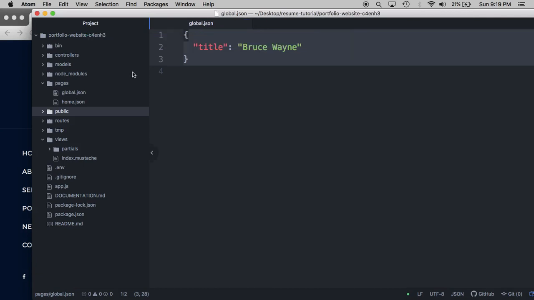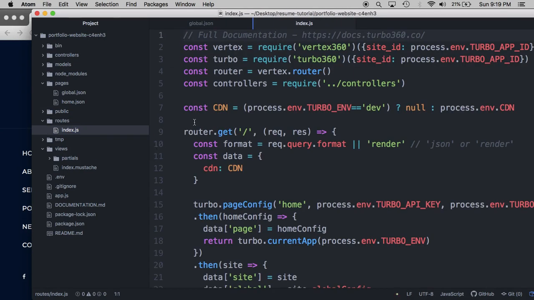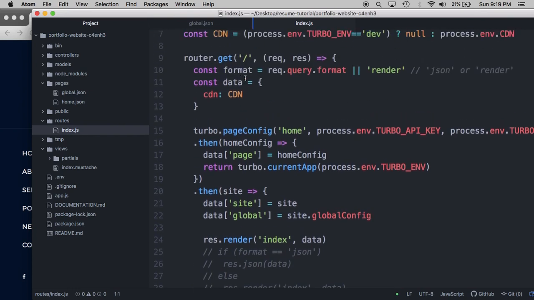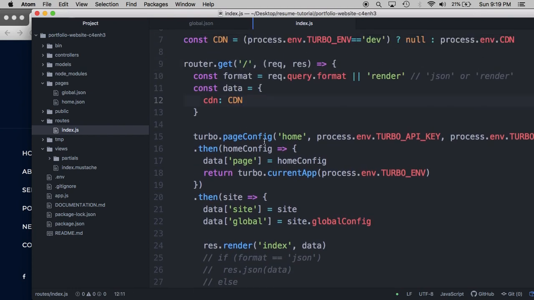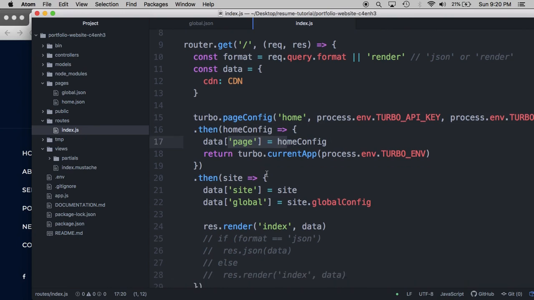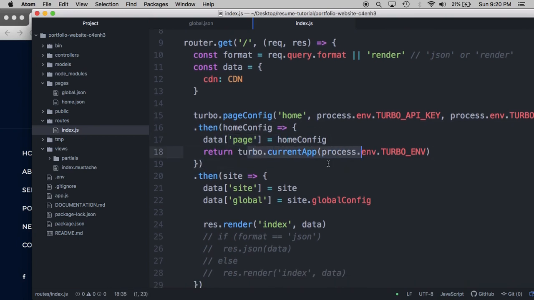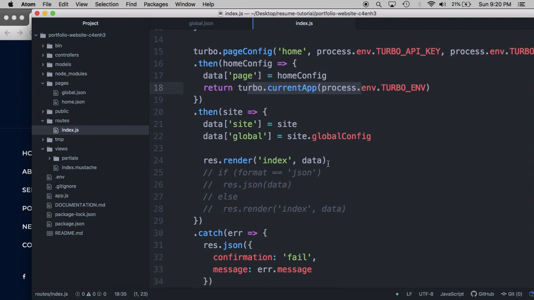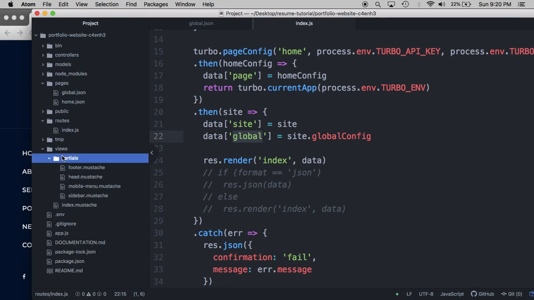Now, if you go back to the index route, you will see that on the home page request, we fetch the home config right here on line 15, and we pass it off to the data object as the page. But then we also fetch the site, the current app from our Turbo deployment, and we use that to establish the global. The important thing here is that the global key in the data object is where all the global variables are stored. So that means if we open up the head partial